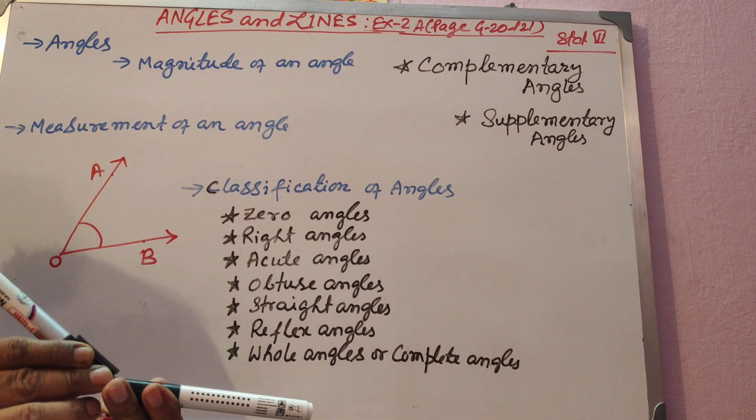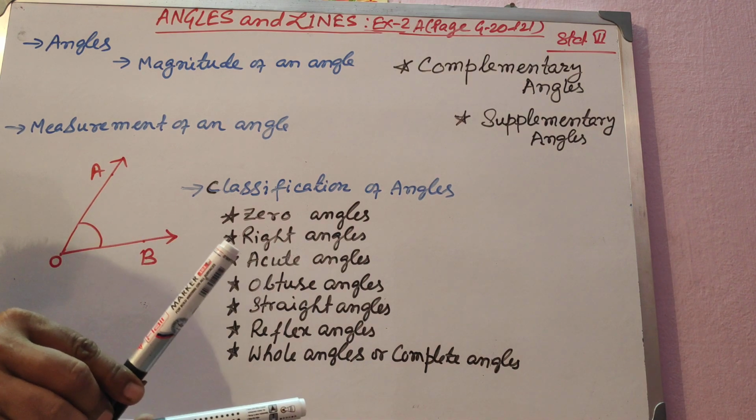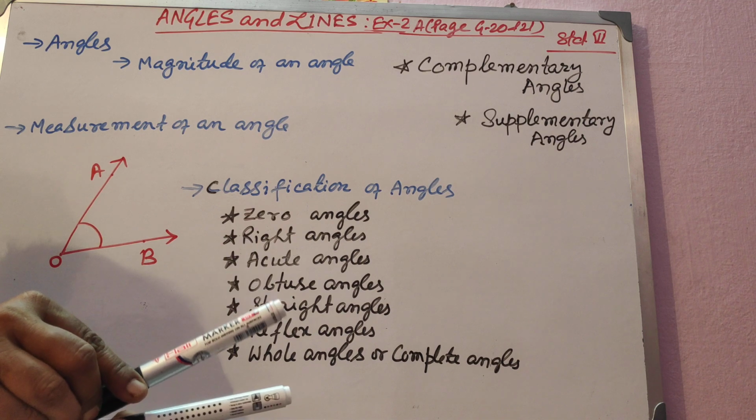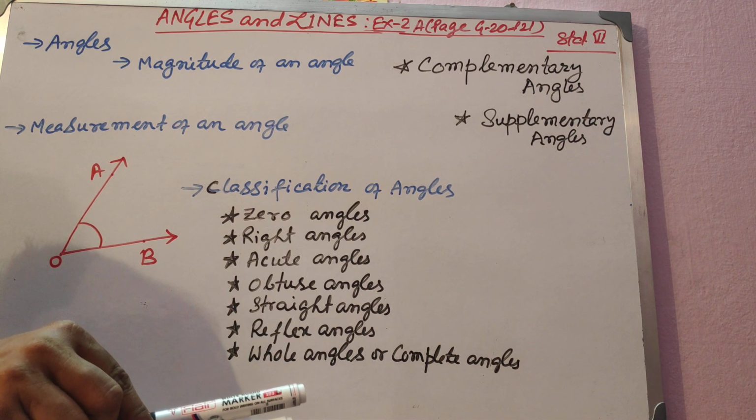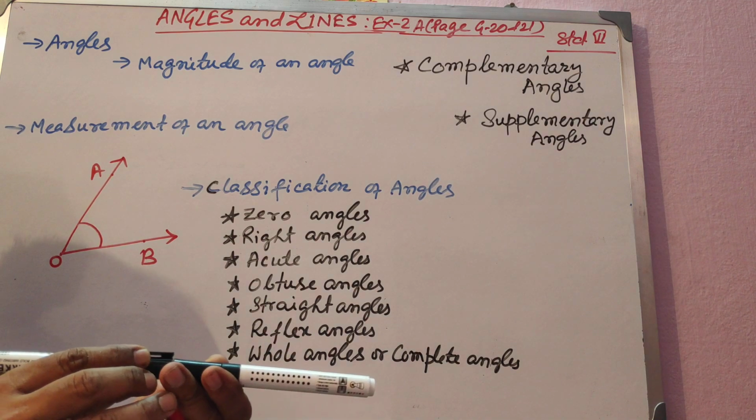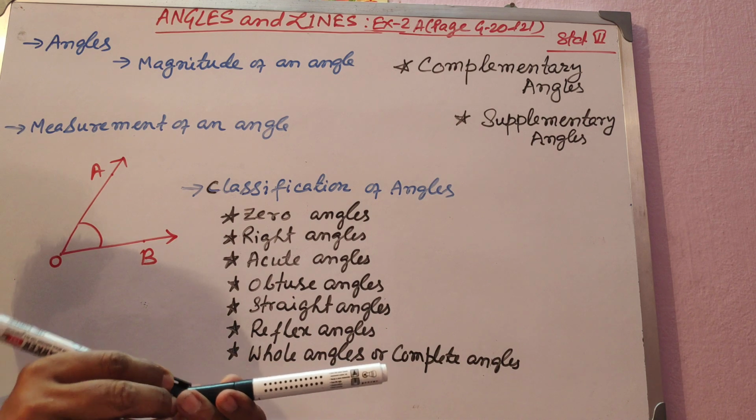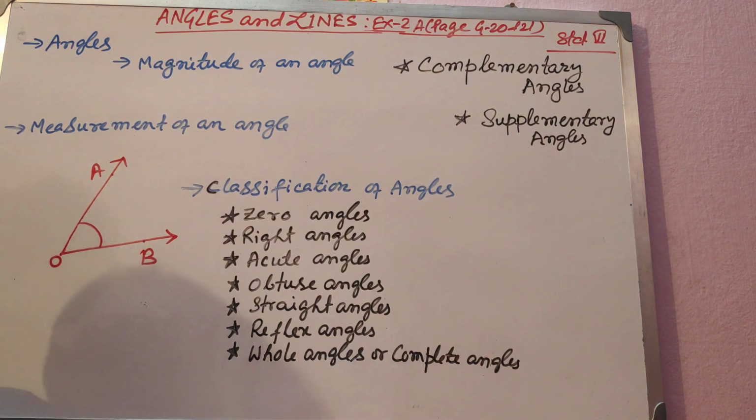It can be like this. It can be like this. It can be merged together. It can be a straight line. These are all openings. This opening is called an angle. Could you understand me? So when two rays meet, intersecting at a point, that forms an opening, and the opening is called an angle. Is that clear? Now what are the aspects of an angle?